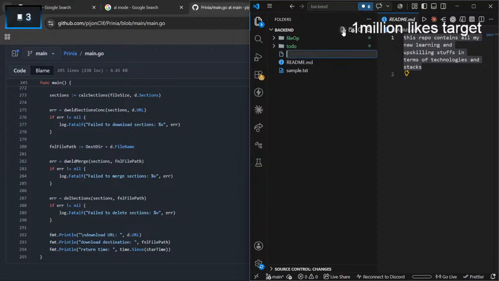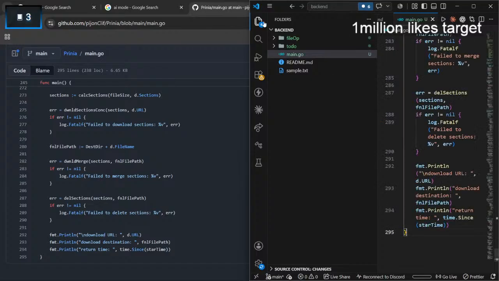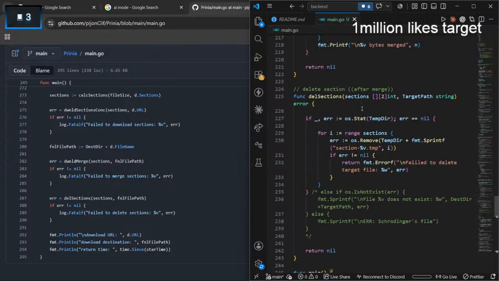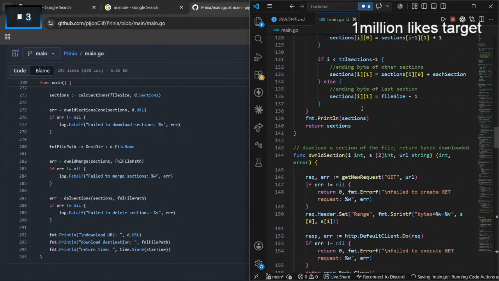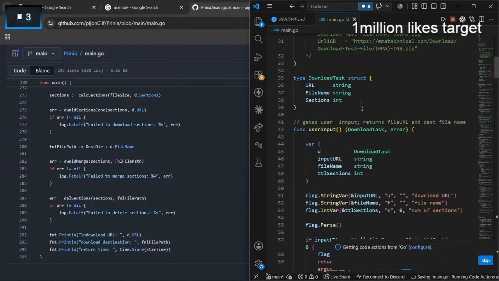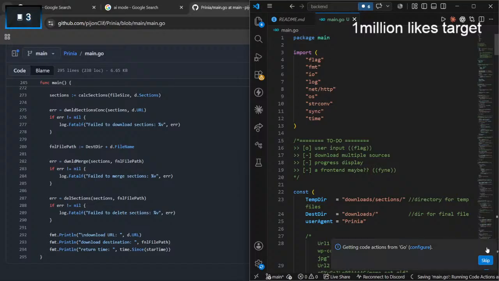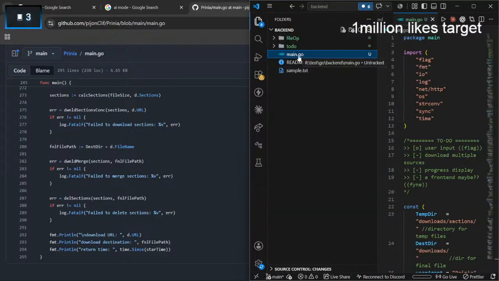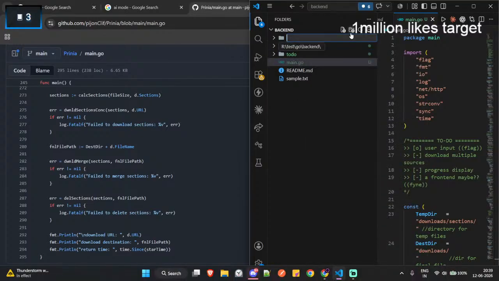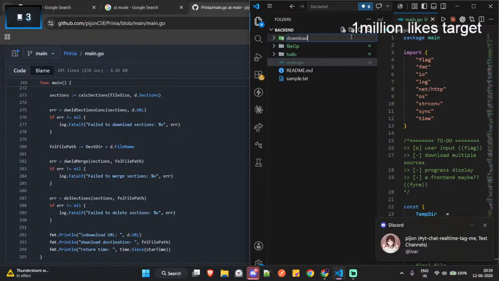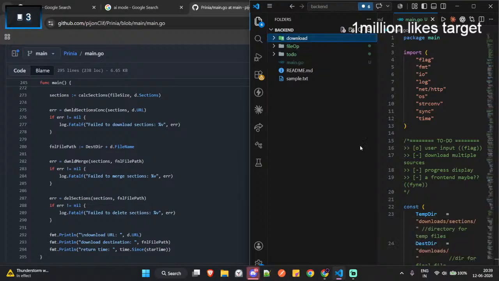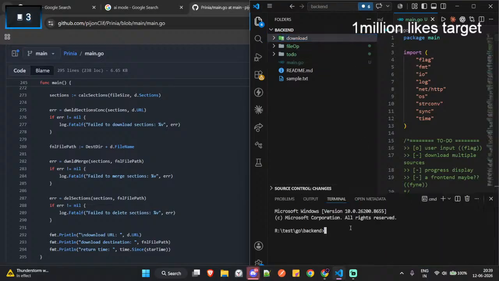Since it is inside a folder, it doesn't complain. Oh, I can't run that thing. It does not have a go mod now. Maybe I should take it inside and put it somewhere else. I'm just checking your code.